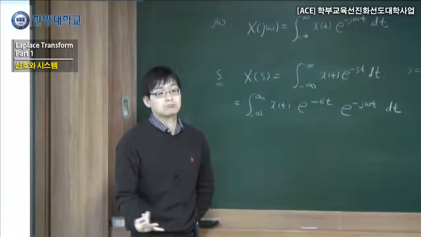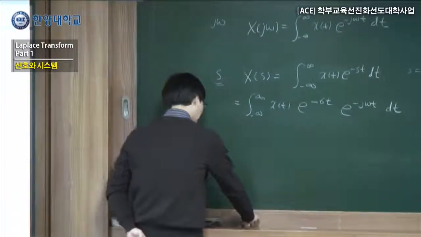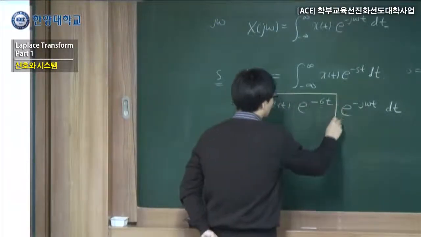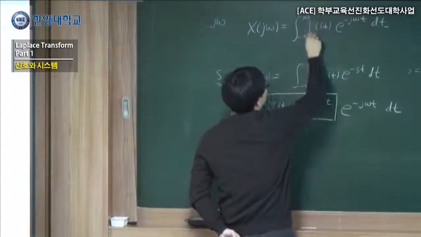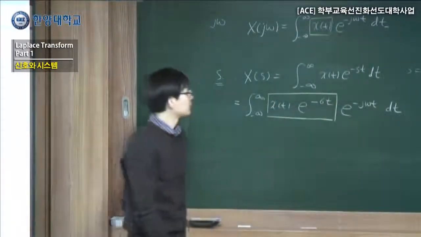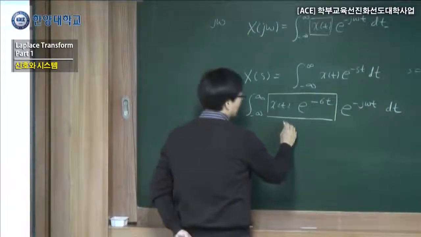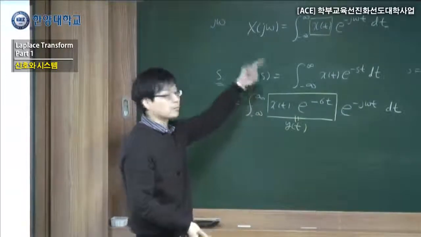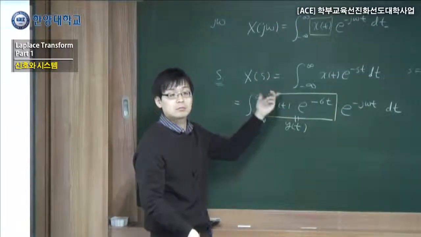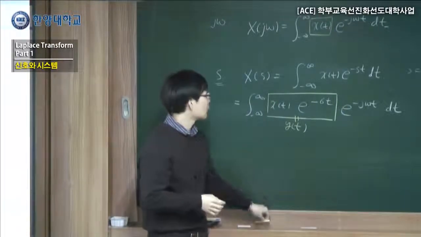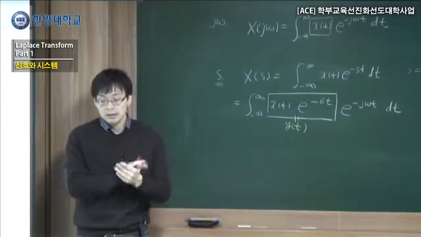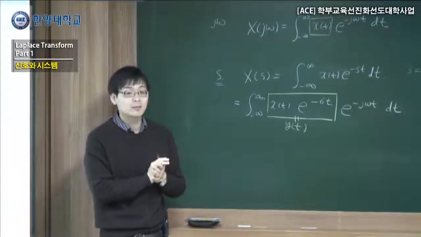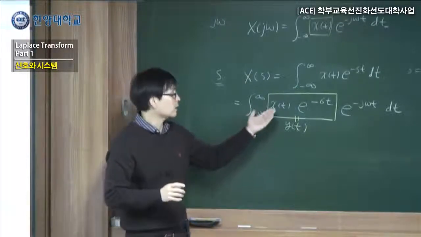Is it right? Just switch it. And if you compare these two, you can see that this and this, if you define a new variable, say y(t), equivalent to that, they're actually the same. So what you can say here is this Laplace transform can be viewed as the Fourier transform of x(t) times e to the